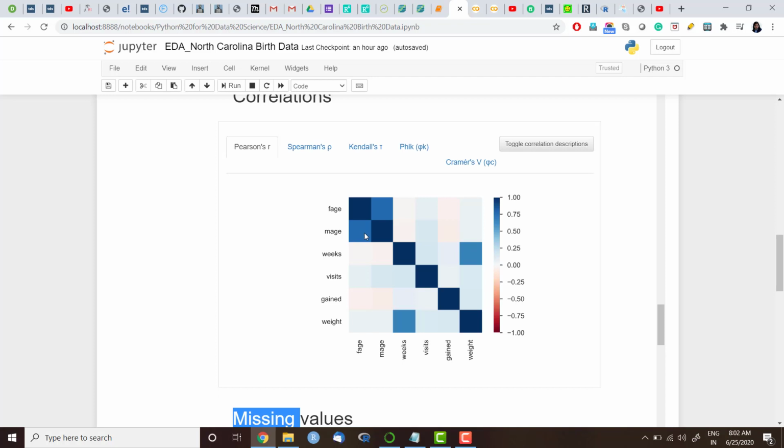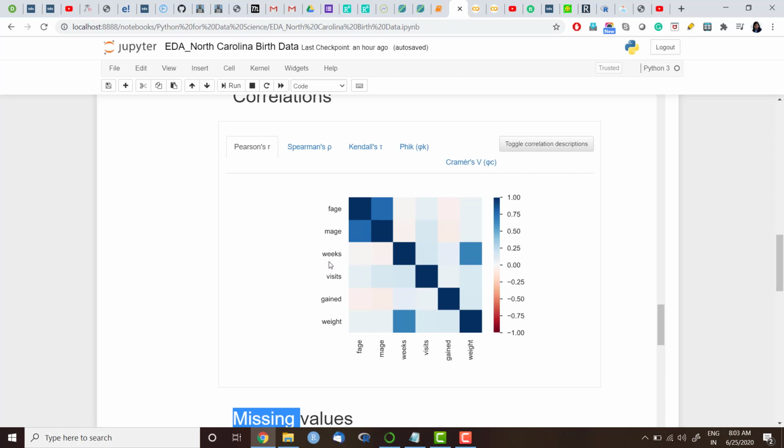We have seen that in the pattern also, that it looks very similar, but here we get information about their correlation also. Father's age is not correlated strongly with any other variable. Mother's age is also not strongly correlated with any other variable. Just maybe between 0.25 and 0.50 correlation with mother's age and visit, but it's not that strong.